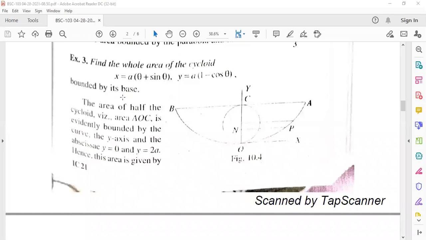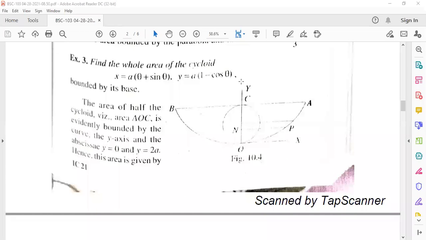Bounded by the base, the area of half the cycloid, area of AOC. This part is the area of the half cycloid. The total cycloid is AOBCA. So we are taking half of the area of the cycloid, AOC. The area of half the cycloid, area of AOC, is evidently bounded by the curve,